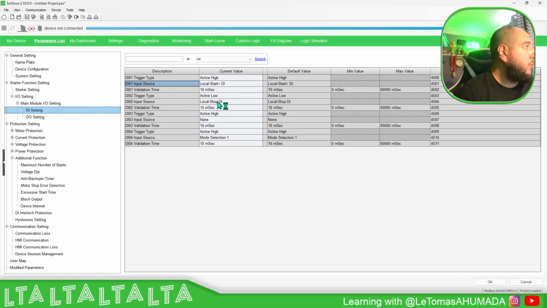So input 1, start, stop. The number 3 doesn't do anything. This one would be the mode selection. So depending on this one, it will help me to change things. Okay, so what I'm going to do now is to